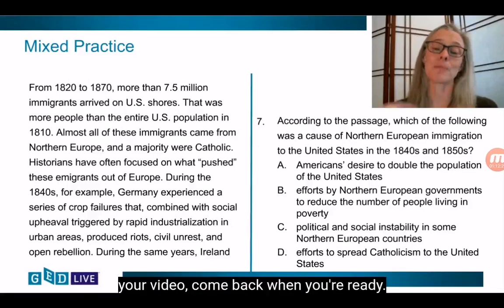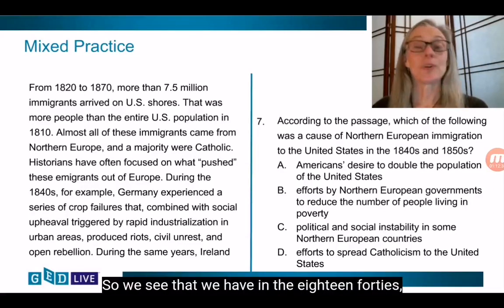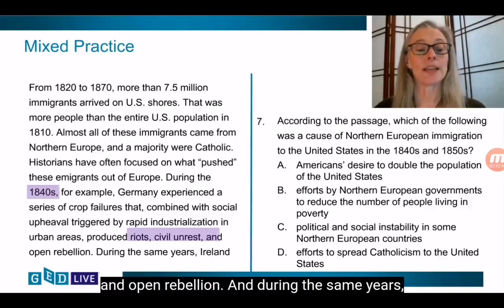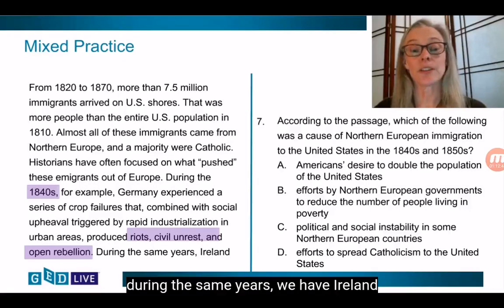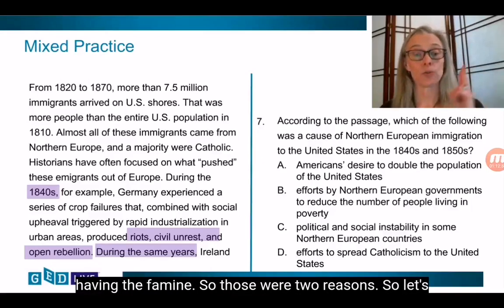You can pause your video, come back when you're ready. So we see that we have in the 1840s the German example, right? Riots, civil unrest, and open rebellion. And during the same years, we have Ireland having the famine. So those were two reasons. So let's go ahead and